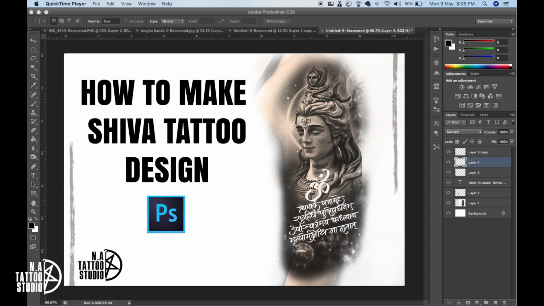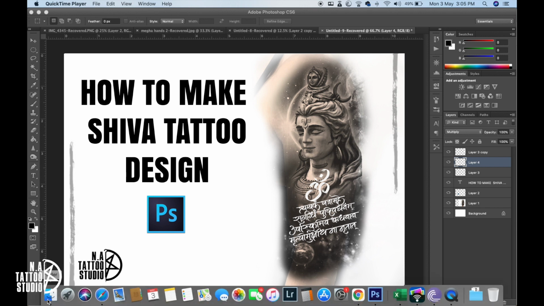Here on the right hand side you can see a design that I created on Photoshop. I haven't used my iPad for this design, it's just Photoshop and some random images from the internet. On the bottom part here you are seeing the mantra. This one I drew myself on Photoshop. You can do it even on paper with a pencil. It is up to you what medium you choose to make your design. Now let me show you what all elements I'll be using in this design.